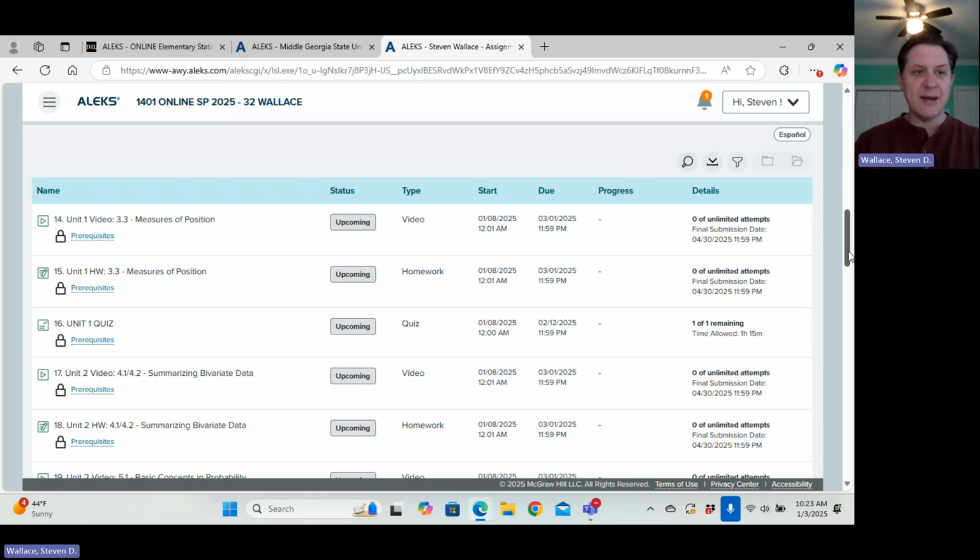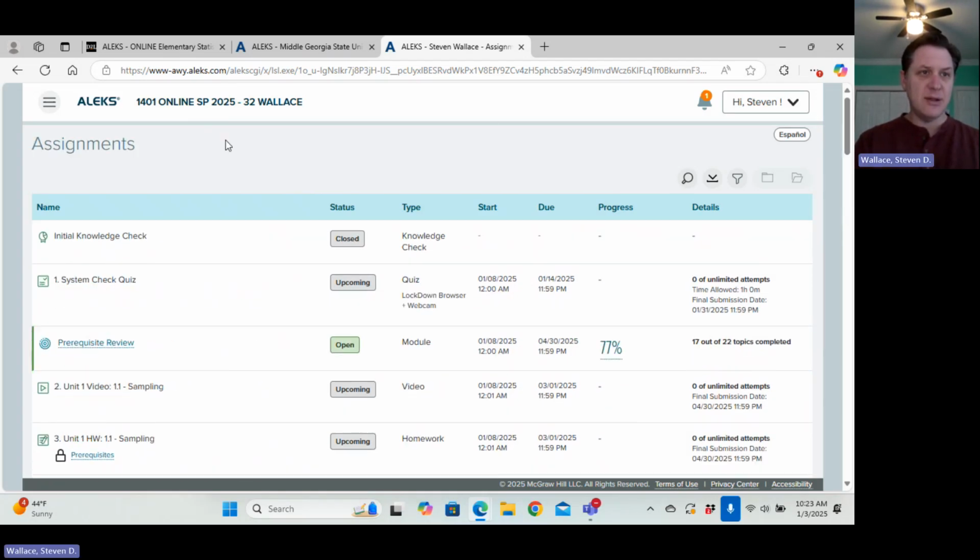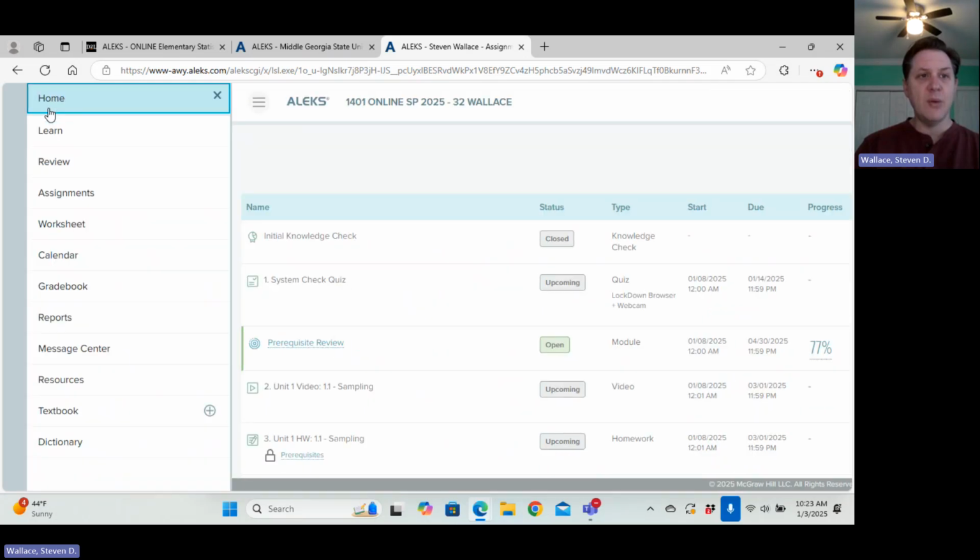Now we also have tests. There are 2 tests in here, 2 exams. They are proctored exams, a midterm and a final. The system check quiz is meant to check whether your computer and webcam and microphone are set up for use with Respondus Monitoring, which is the way we're going to